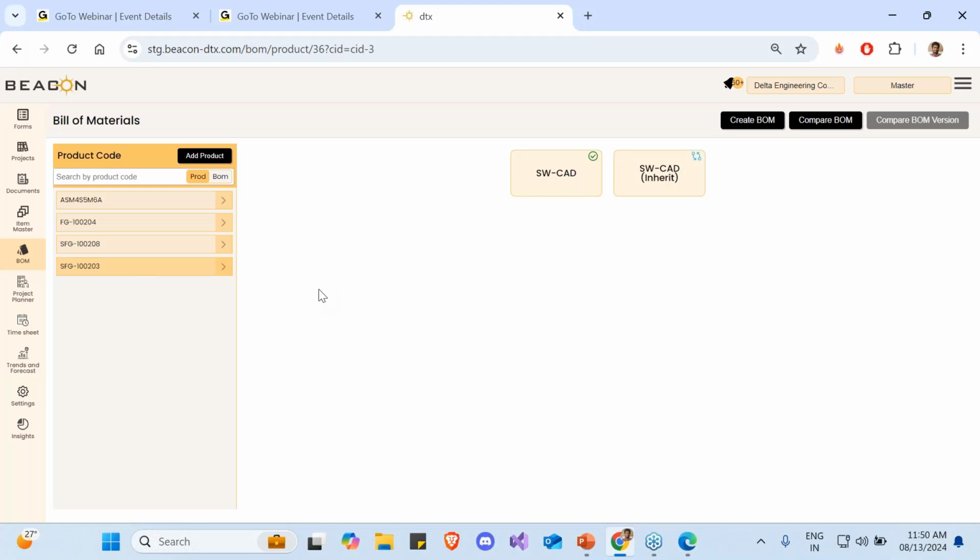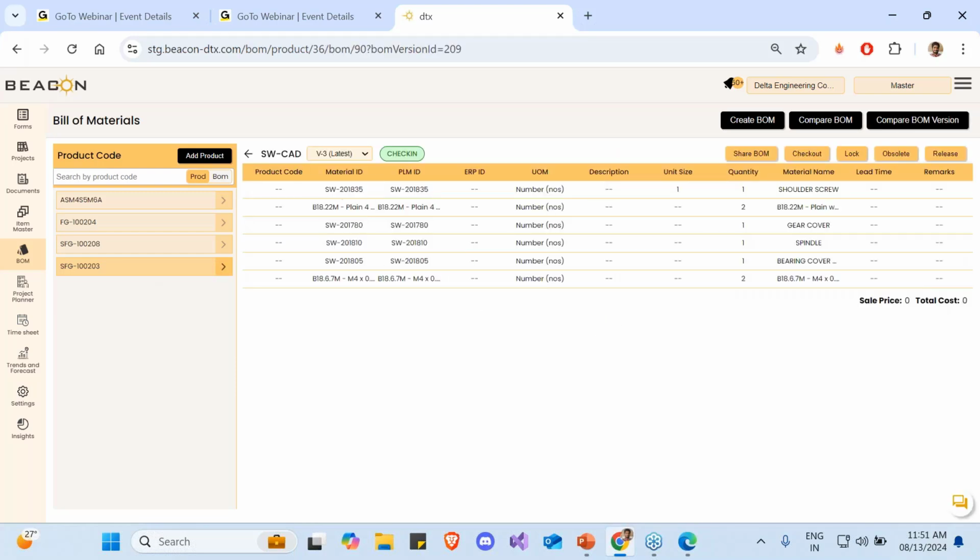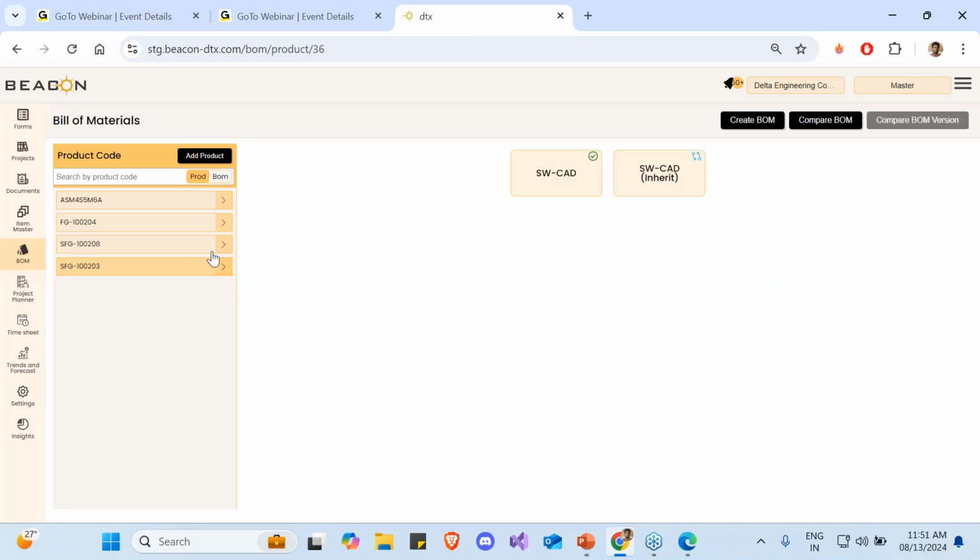What I mean by that is I can upload the CAD BOM directly to the DTX with the help of the plugin. I'll show you as we go forward if we have enough time. We have a plugin that will enable us to push the BOM directly from SolidWorks CAD, and the structure comes along based on the CAD structure that's out there.